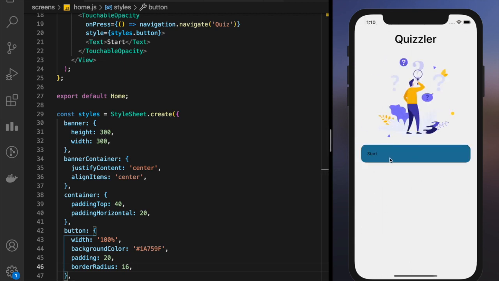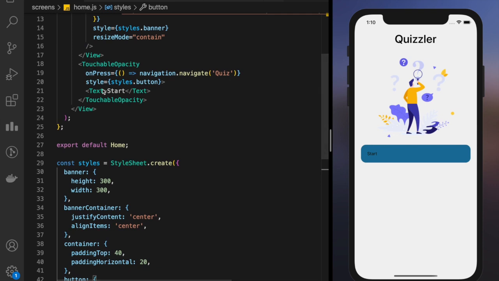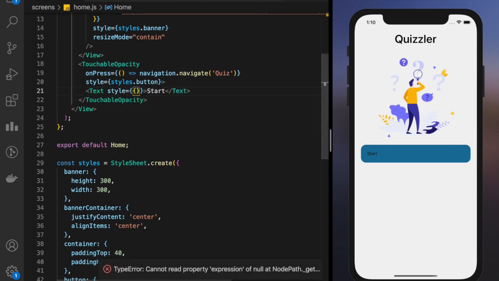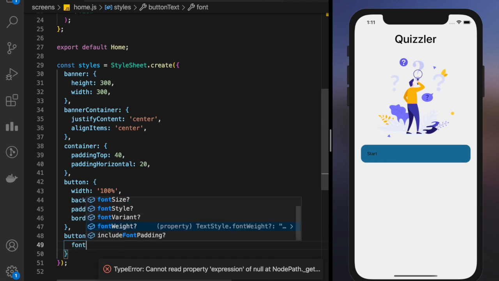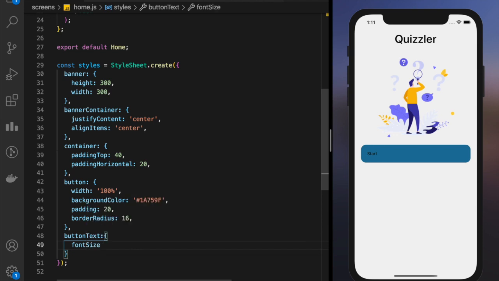Okay, let's go back. Let's design the text inside. You can give inline styling here, or you can just give it a name, styles dot button text. Here, button text font size. Now the button has a padding of 20, so I can give it a font size of 24, I guess.